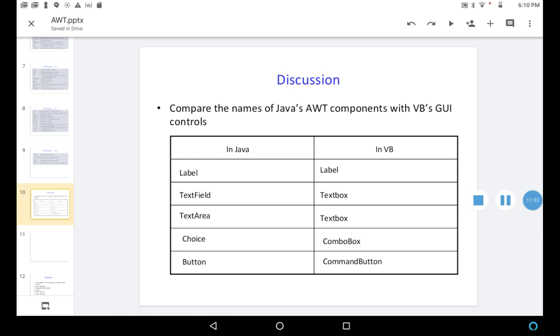Text area is also text box in VB. Choice we call in Java, in VB we call it combo box. Button in Java we call command button in VB, okay. So these are the comparison of AWT components of Java and of VB, Visual Basic.